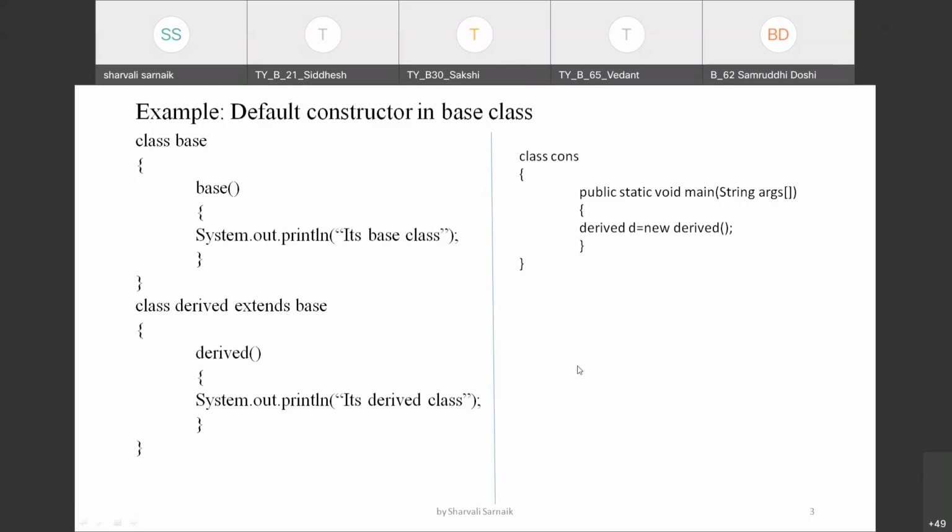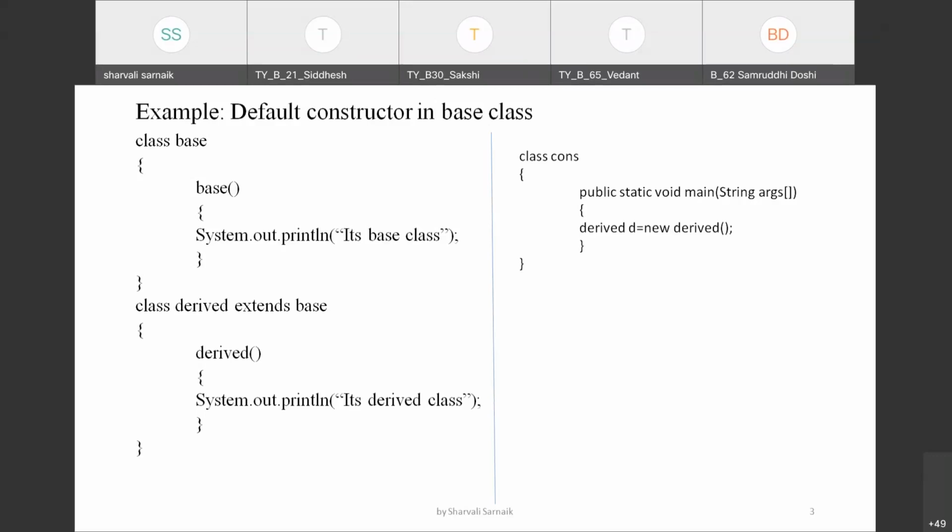So this is the simple example of overriding. The only difference between overloading and overriding is that in overloading, methods are defined with the same name but different arguments in a class, and in overriding, methods are defined with the same signature in the base class and derived class. So in overriding we have a base class as well as a derived class, but in overloading there is a single class, with no base class or derived class.